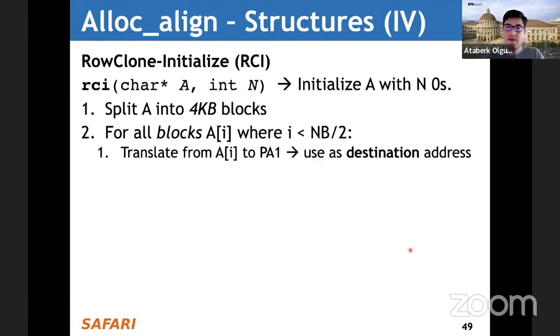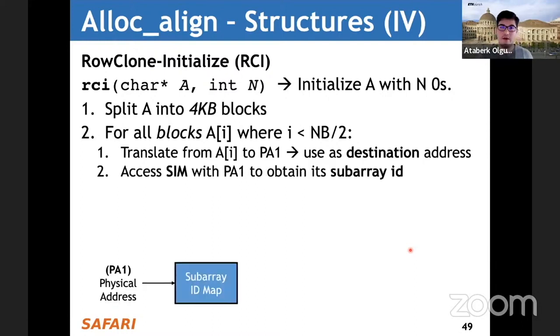So we'll first split A into 4 kilobyte blocks again. This means that we have the virtual address range of A, and we just split it into 4 kilobyte blocks, traversing that virtual address range in 4 kilobyte increments. And for all blocks, we will translate from Ai, a virtual address, to its physical address, PA1. We will use this as the destination address because this is the address that we want to bulk initialize with zeros. And then we will access the subarray ID map,